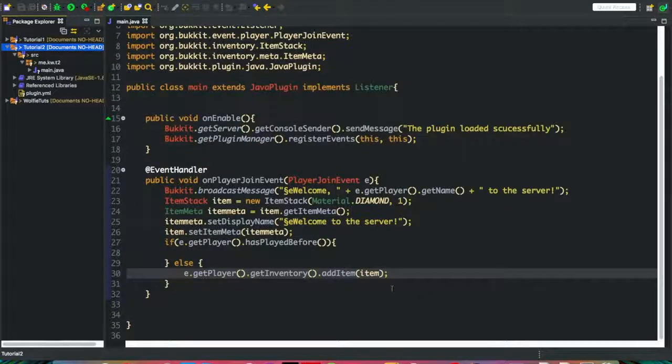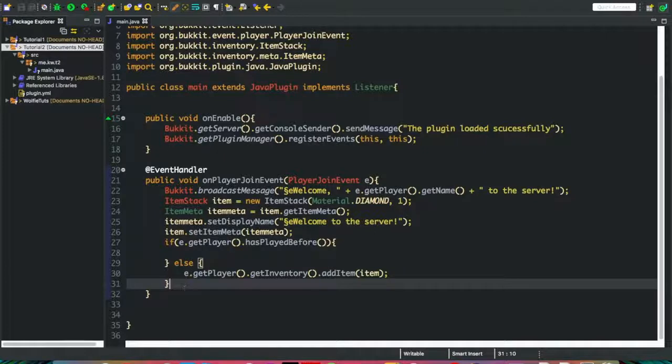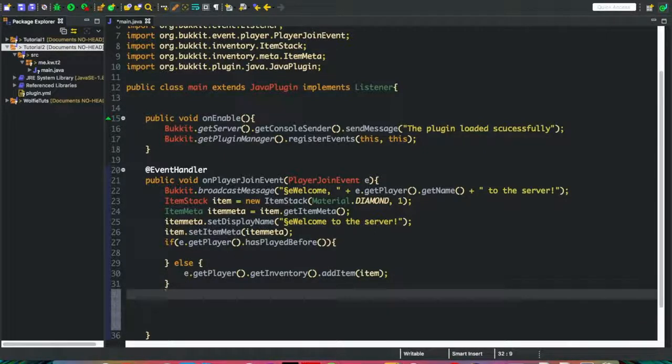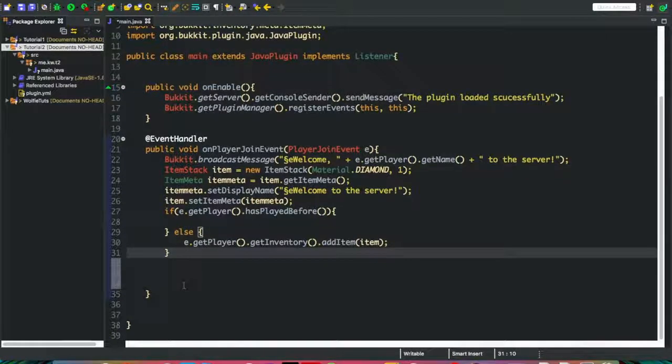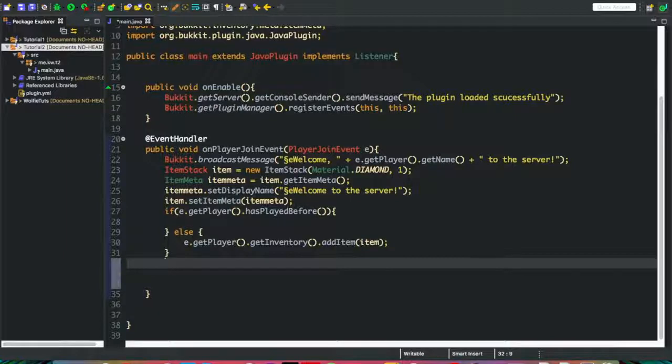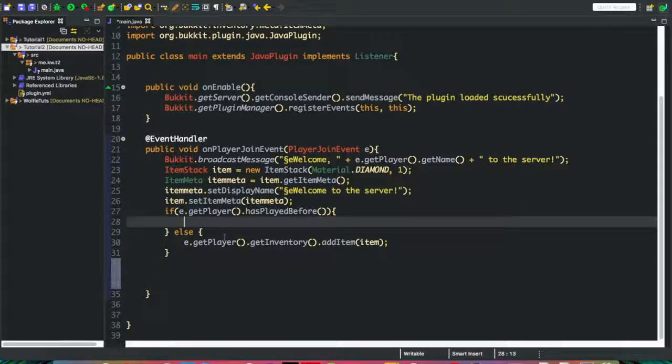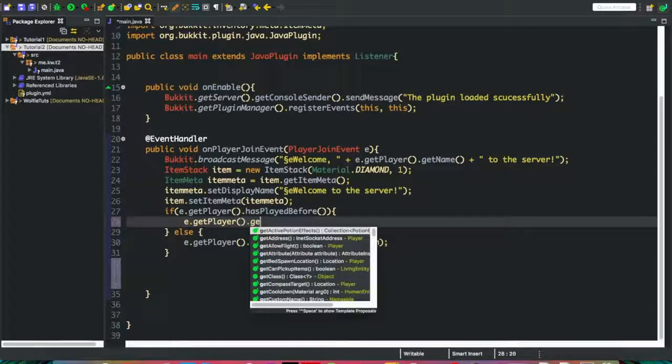You can combine these item stacks together and give players multiple items if you would like to give them, say, a starting kit. For this next example, we're actually going to set the player's armor. So we're going to say if the player has played before, then we're going to say e.getPlayer().getInventory().getHelmet()